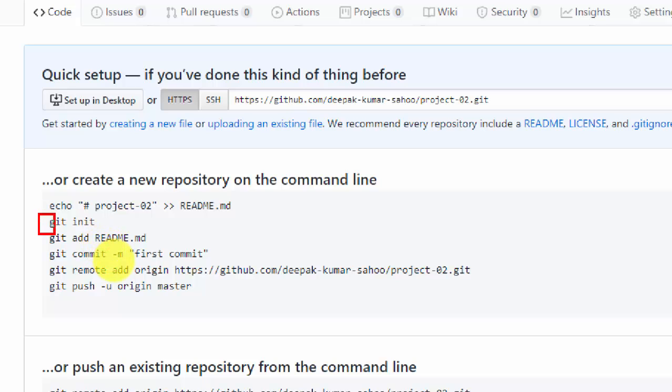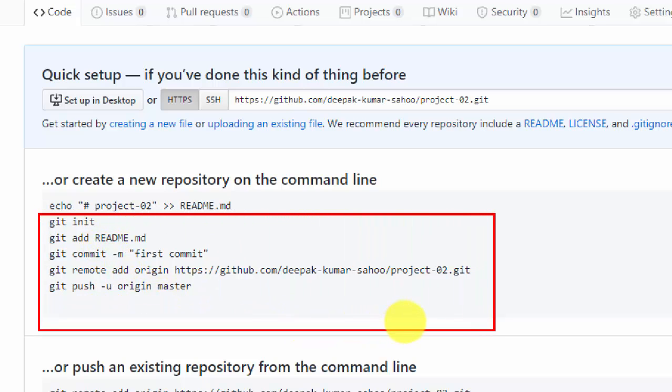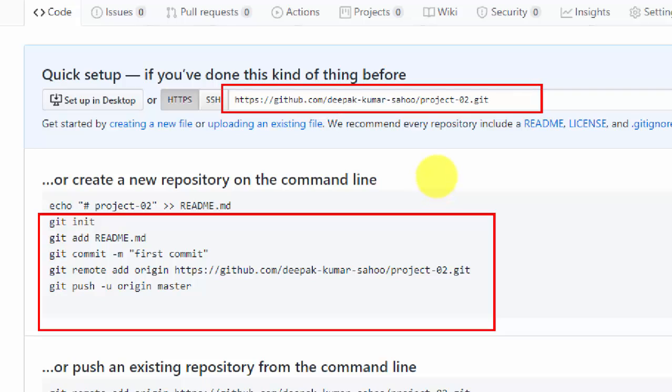These five commands are required for us, and this is the website where our entire data will be hosted. This website is provided by our GitHub account, and the entire data will be shown here. It shows HTTPS, which means your data will be secure, no need to worry. It is a secure website.